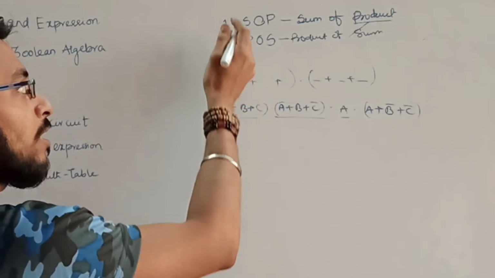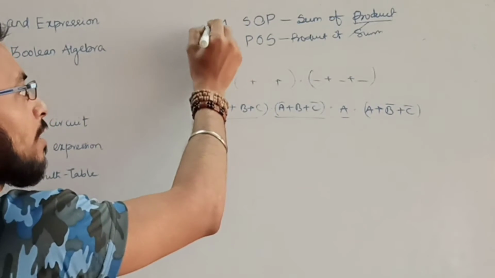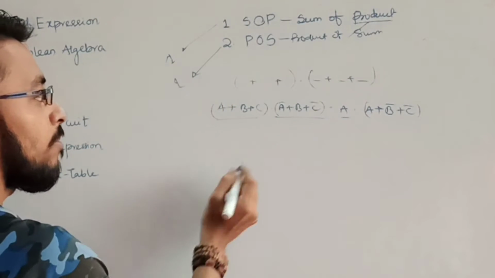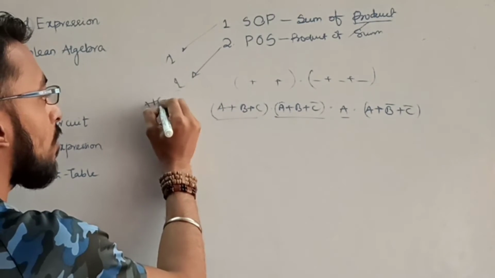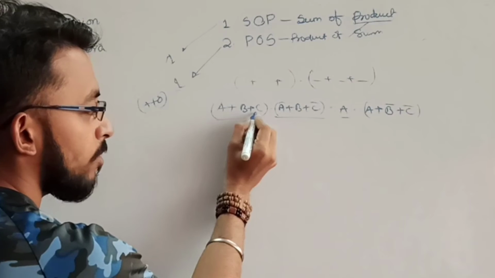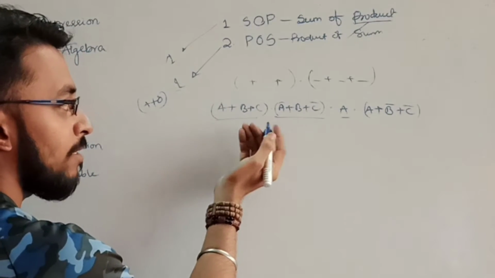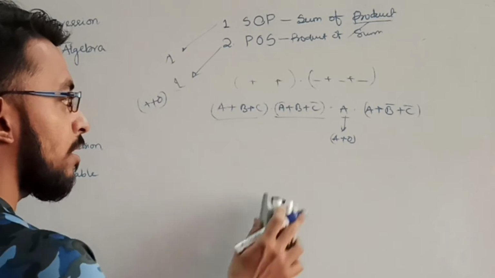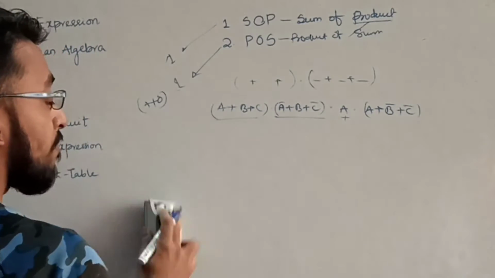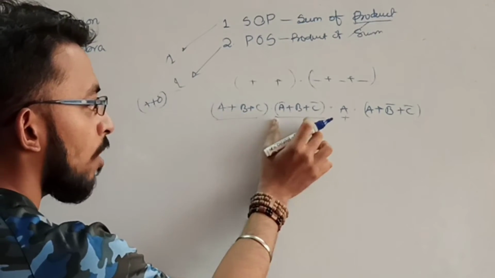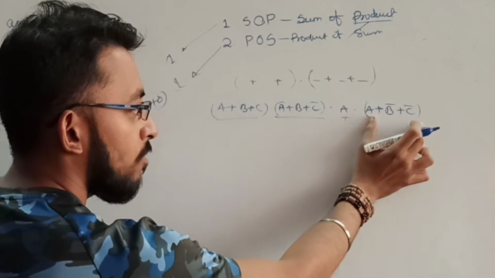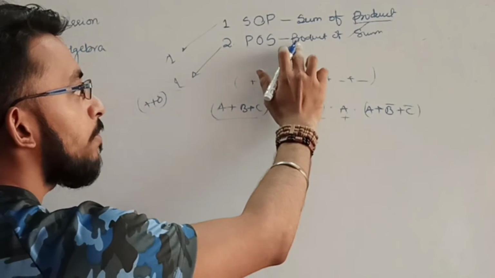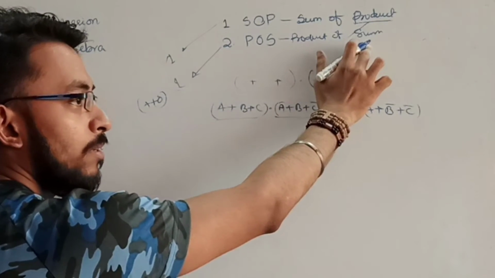It is also possible, similarly like SOP, that SOP can have one single term. Here also POS can have one single term. That single term is nothing but a summation of something, a summation of some variables or some literals. It can also be A plus 0. So a single term can also be possible. So it is a sum term, it is also a sum term, it is also one sum term, and then the 4 sum terms, they end. That's why its name is product of sum.